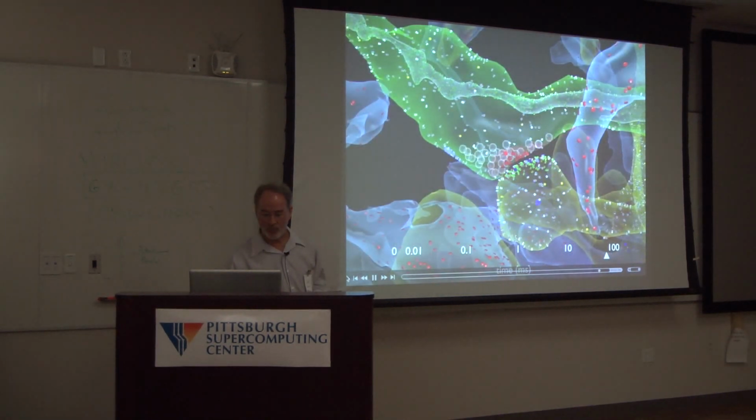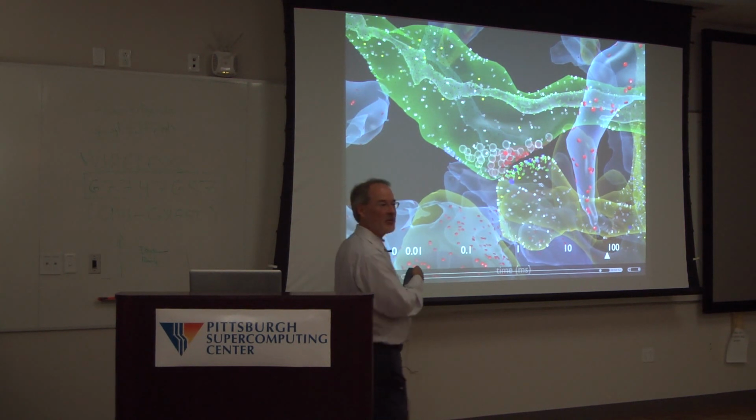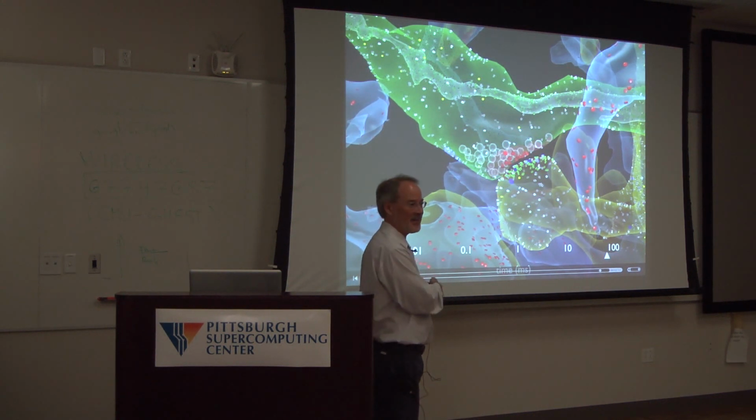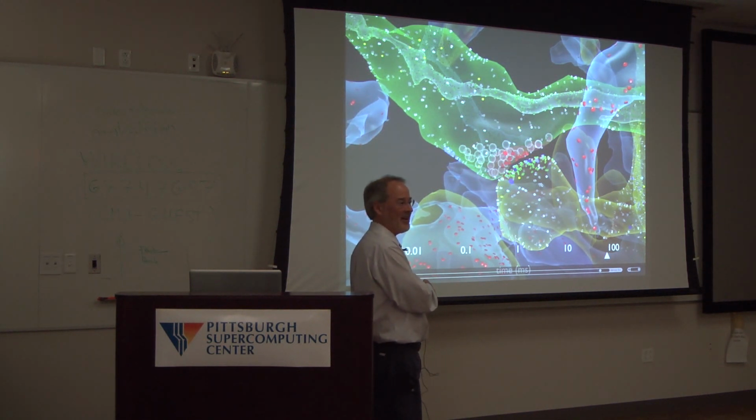Simulation in which there was a release of neurotransmitter. 80% of the time when there's an action potential, there's no release of transmitter. 100% of the time when there's an action potential, you have activation of the voltage-gated calcium channels. 100% of the time you have this influx of calcium. 100% of the time it binds to the snare complexes, but only 20% of the time is that binding to the snare complexes